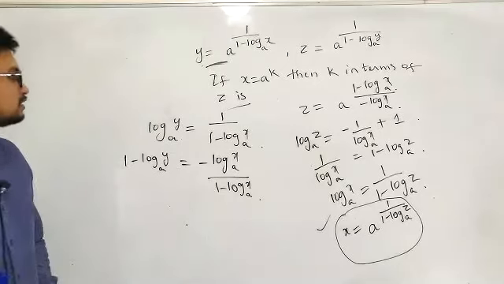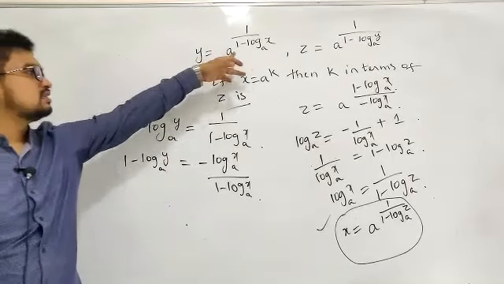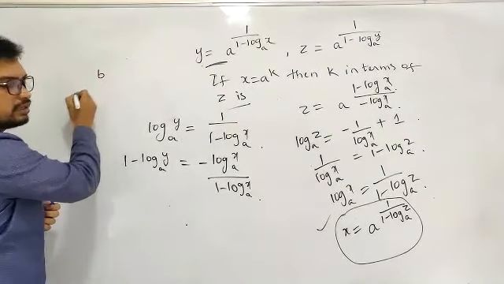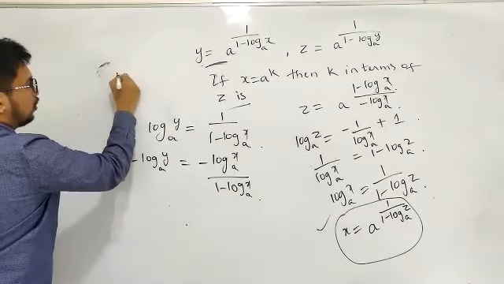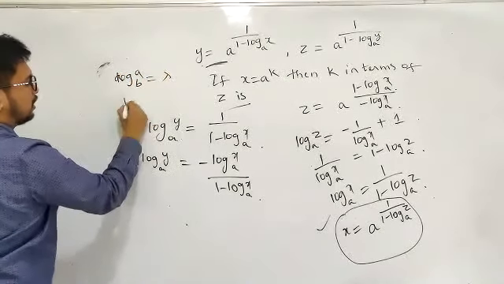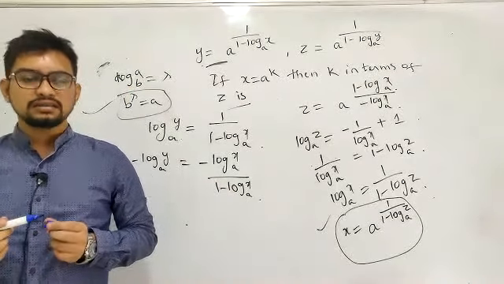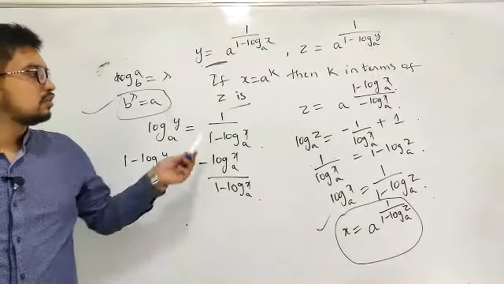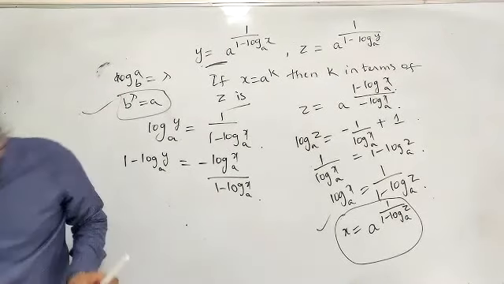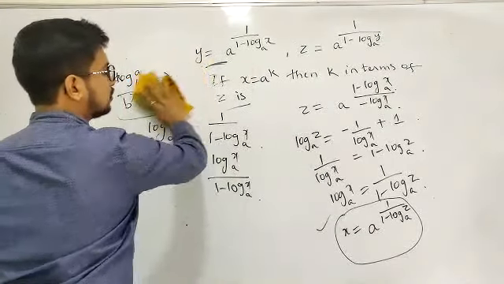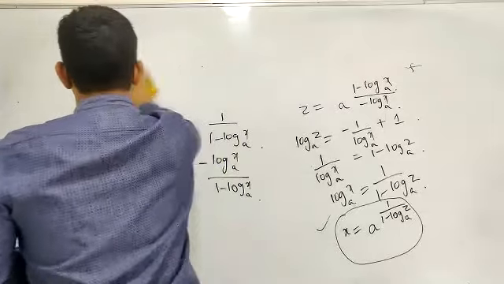What is your first step, Sritak? First step is this one, as I guess. This is a logarithmic form, the basic logarithmic form. I think you have missed the first classes. If I write log a to the base b is equal to lambda, then b power lambda has to be equal to a. This is how you interconvert between exponential and logarithmic forms, Srirag. Once go through the first lecture of this logarithm, then it will be clear. Right? Next. So this is clear. The answer will be a power 1 by 1 minus log z to the base a.